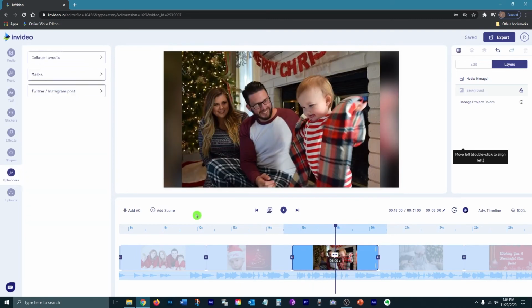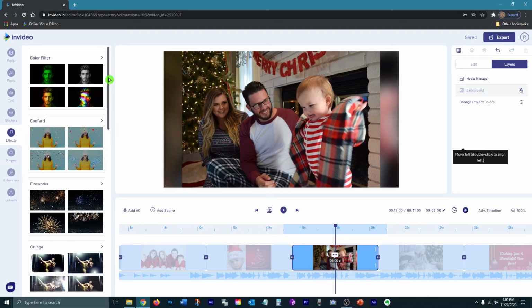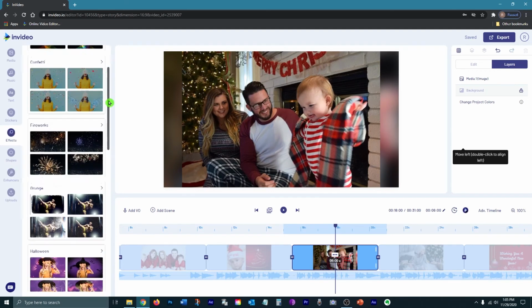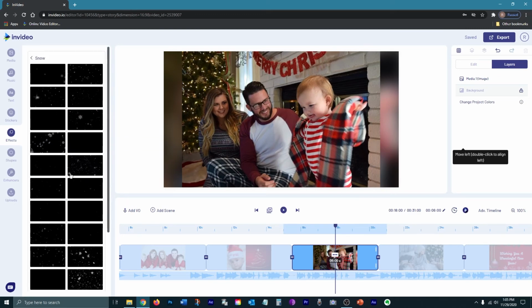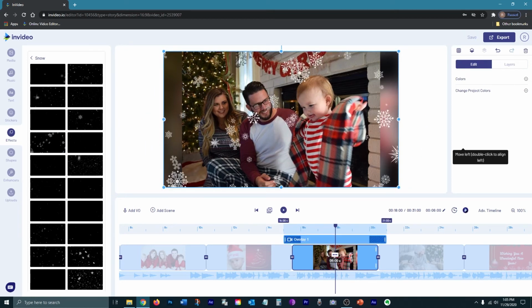Very simple. Now, another great feature that InVideo offers is you can actually add an effect onto your scenes individually. So for that, you would navigate to the effects panel, and there are hundreds of different effects that you can use. For this one, the snow would be appropriate, and they have different ones with falling snowflakes or snow particles. So to add that, you would just click on it, and then during the animation while this is playing, the